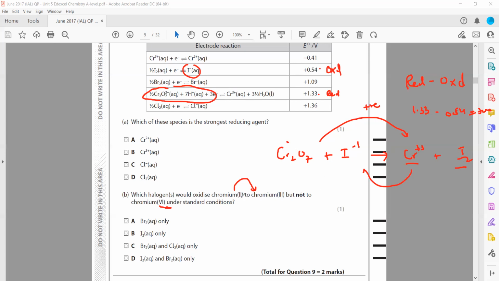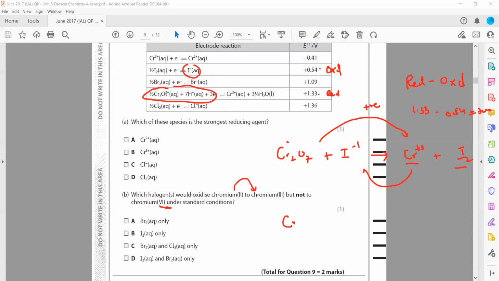And that was the question, which halogen would oxidize chromium 2 to 3, but not chromium 6. It can convert chromium 2 to 3, but cannot convert chromium 3 to 6. So you can see iodine cannot convert chromium 3 to 6. When we check for bromine,